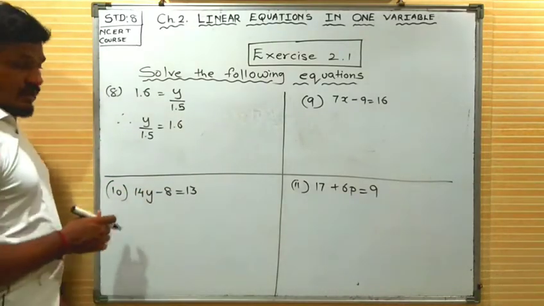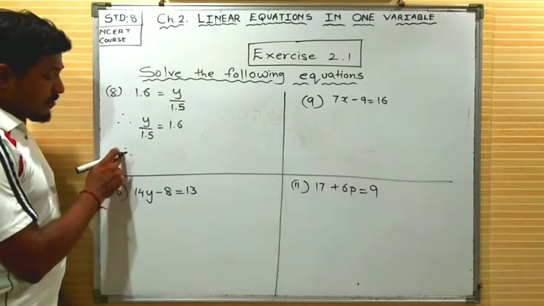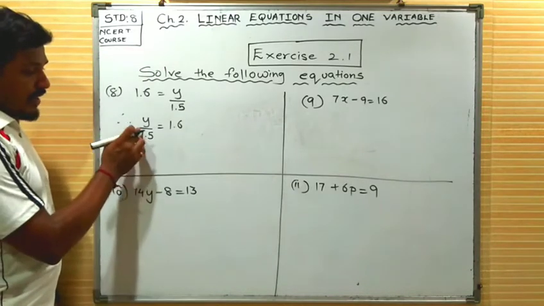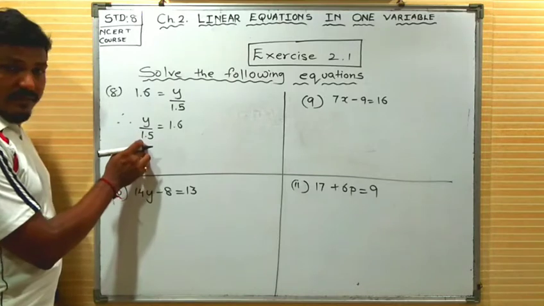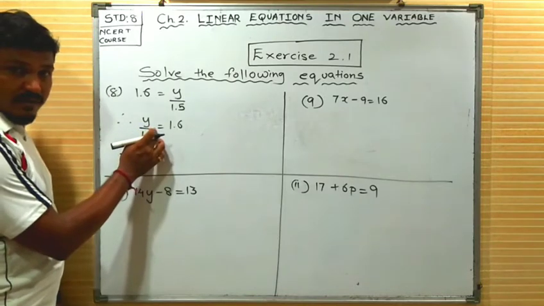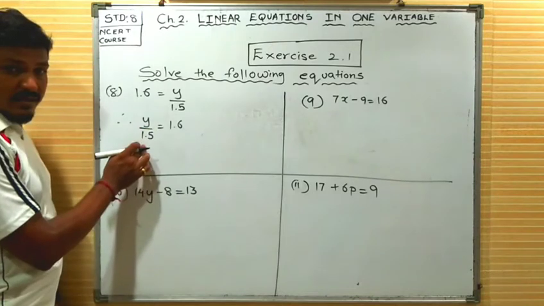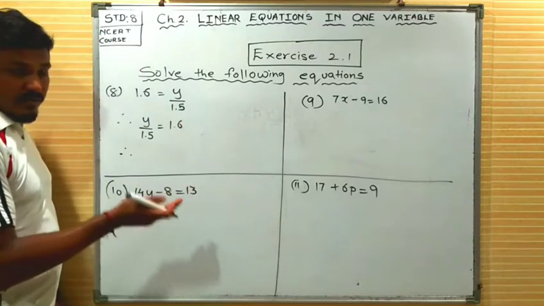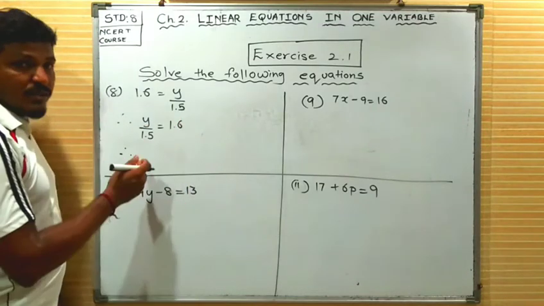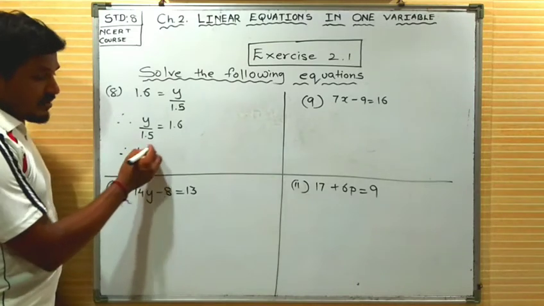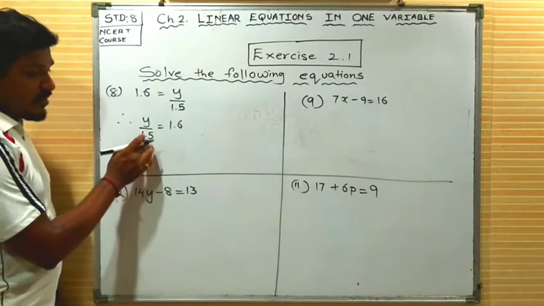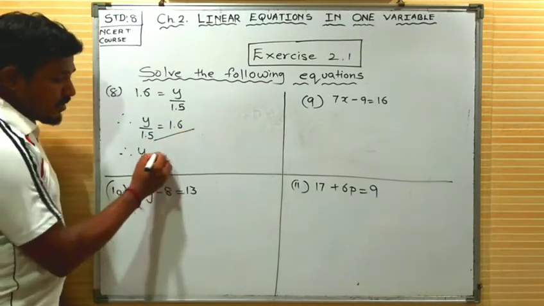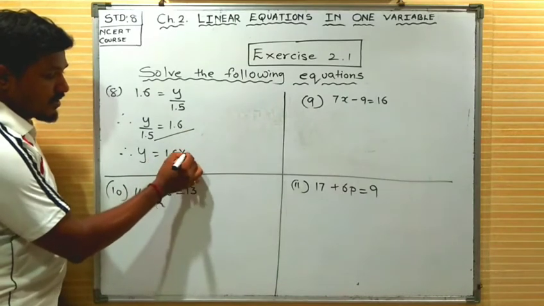Now as I told you, always keep in mind, you have to find the value of the variable, that is y. How can you find the value? So I need to cancel this 1.5. It is in division form, so you can multiply it by 1.5. If you multiply by 1.5, it is going to cancel. Whatever value you are multiplying over here, the same value you have to multiply over here. It is a long process. But what I will do, I will go with the transposition method. In that method, it is very simple. If the value is in division form and you want to remove this value, when it goes to the right hand side, it is going to multiply with the constant term.